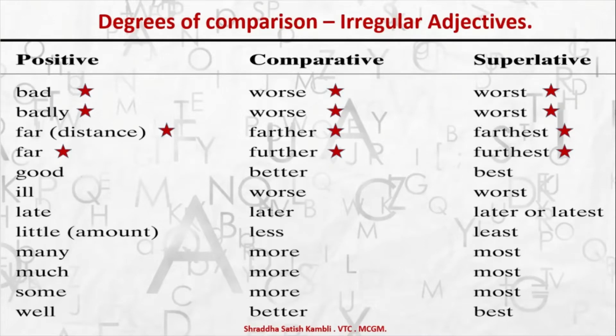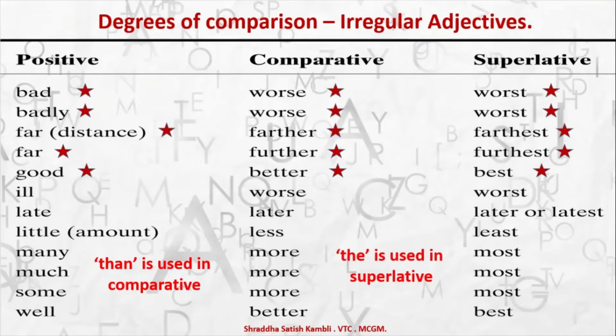Then you have good, better, best. So see, good is not becoming gooder and goodest. In the same way, we saw all the other examples also. And one important thing that I pointed out to you was that we always use than with an adjective or an adverb in the comparative form, whereas we use the word the with an adjective or an adverb in the superlative form. So this is what we did yesterday as far as meaning of adjectives and adverbs in the various